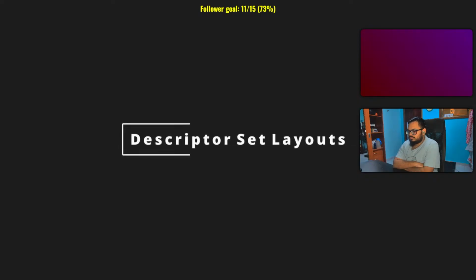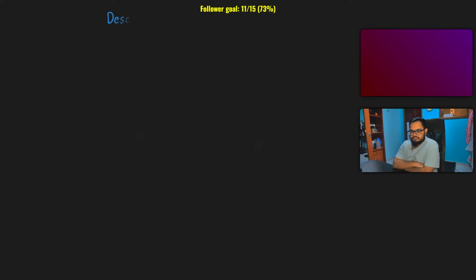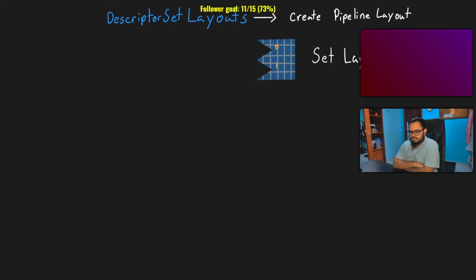Before a pipeline is created, it needs to be told what descriptor sets to expect. This is done through the use of a descriptor set layout object. This is like providing the pipeline with a blueprint of how many descriptor sets to expect, as well as what descriptor types to expect within each set. So, for the previous example, the blueprint, aka the descriptor set layout, may look something like this, where we say